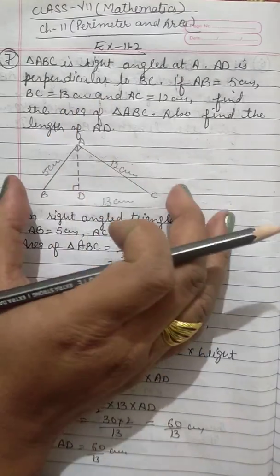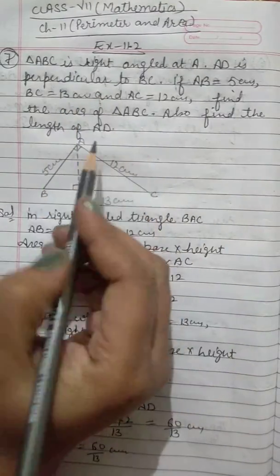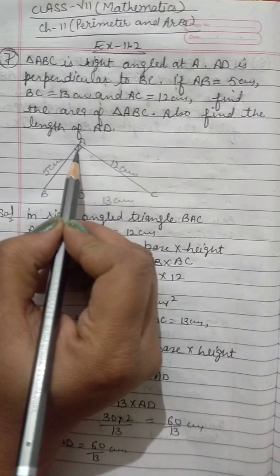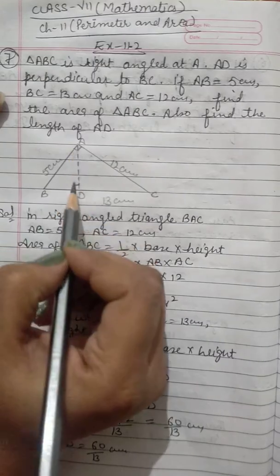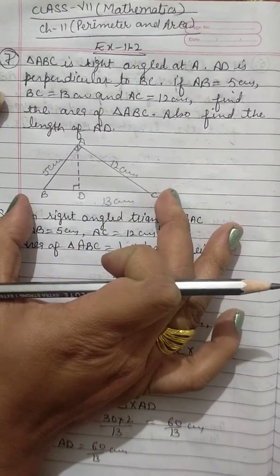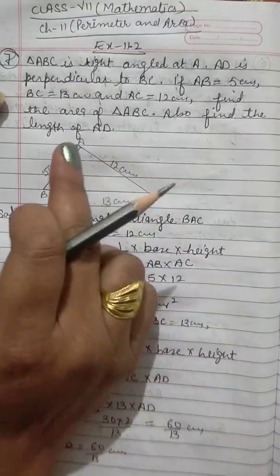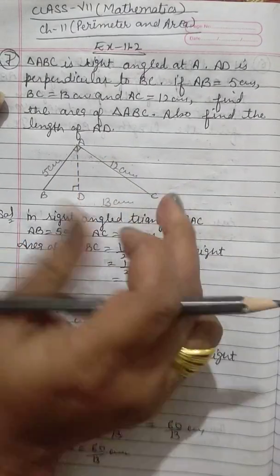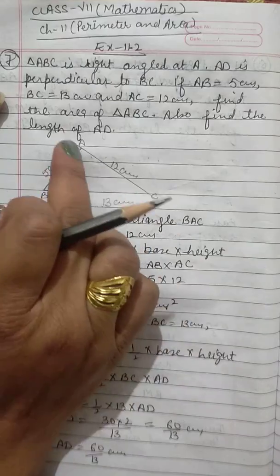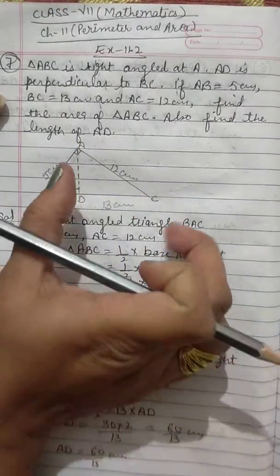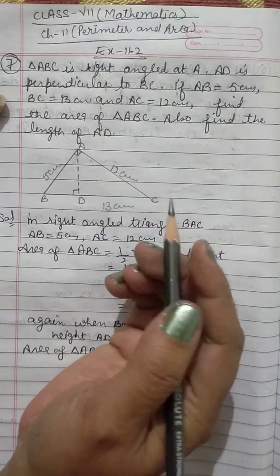So see here, it is given that it is a right angle triangle, and you can see this sign here on angle A. The dot represents that angle A is a right angle. And here AD is also perpendicular on this line BC. It means in this triangle there are two perpendiculars. First of all, it is AD on BC, and also we can take AC as perpendicular on AB. Means we can take AB as base or AC as base. That is up to you which one you want to take.